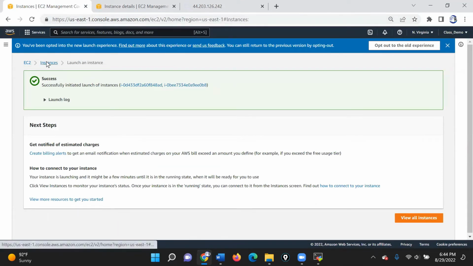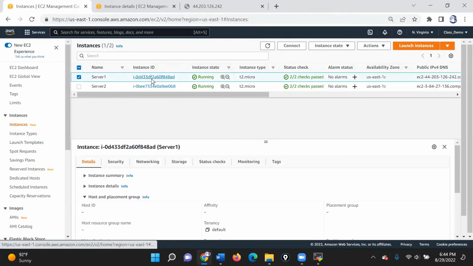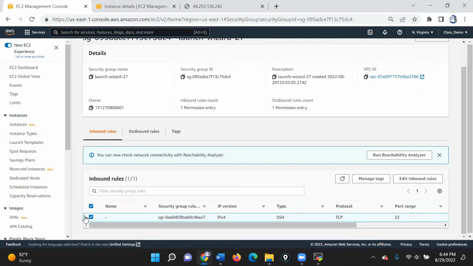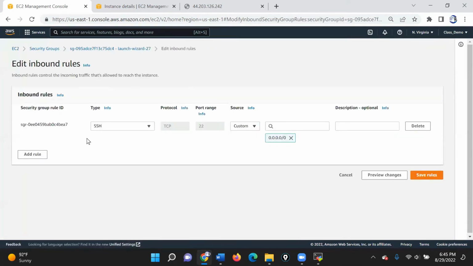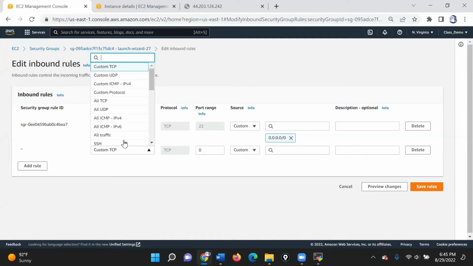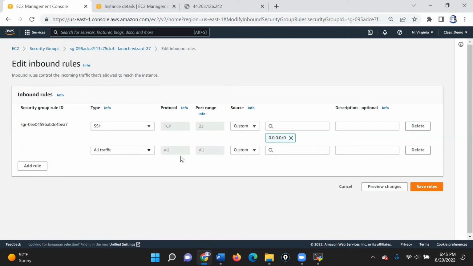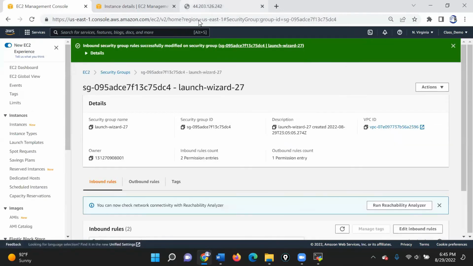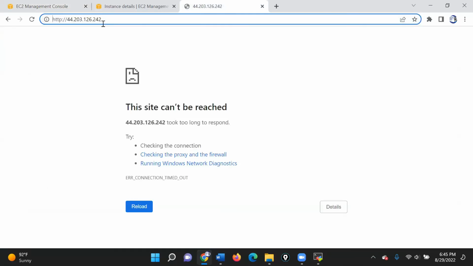So we'll go to instance, we'll go to that particular server, and then we'll go to the security, then to security group, and we'll say, please allow HTTP to be able to come into this server. So allow HTTP. In fact, let me just allow traffic from anywhere, everywhere. All right. So since the HTTP port is no longer being blocked and access is now given from the internet to this server,